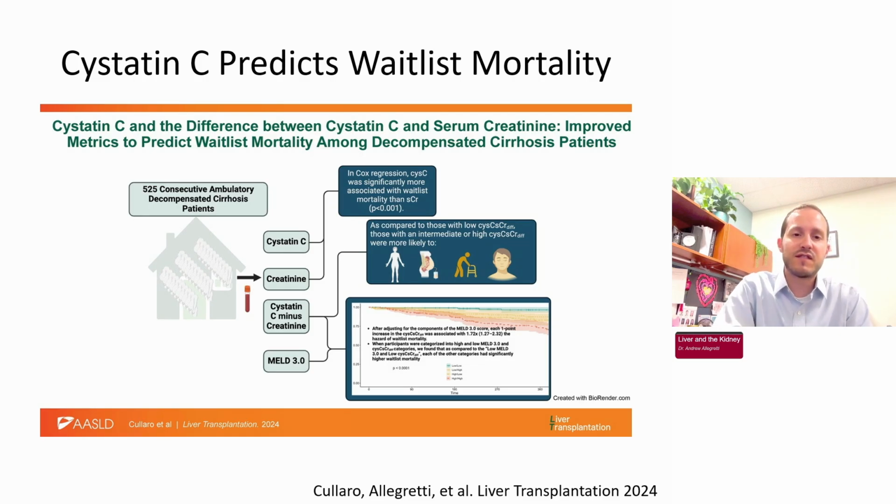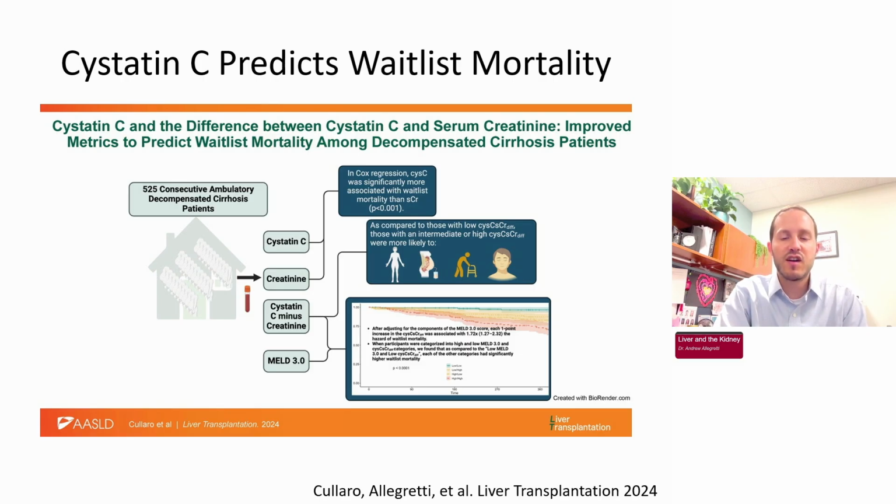There are limitations of creatinine, of course, some of which we can address by using cystatin C. For example, creatinine is a muscle breakdown product. Many of the patients with decompensated cirrhosis are sarcopenic and thus may mask their true kidney dysfunction. And we've done a couple of studies looking at different situations. Cystatin C has performed the best and is best defined in the outpatient setting.